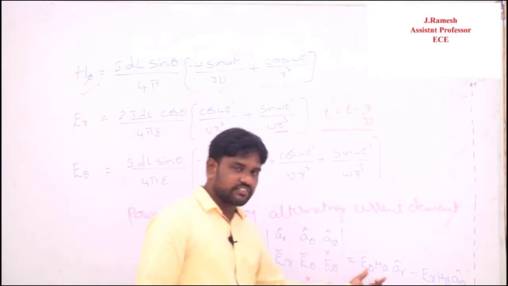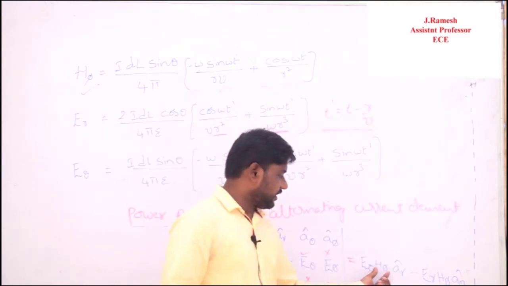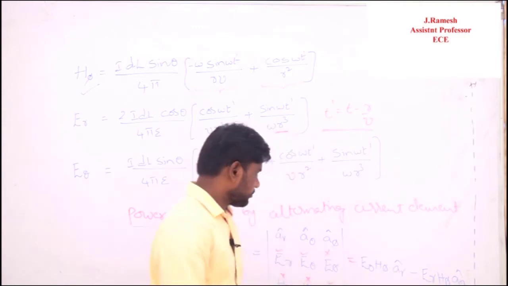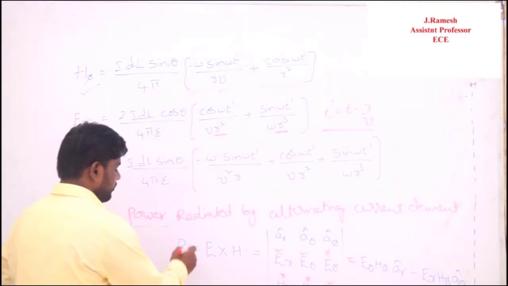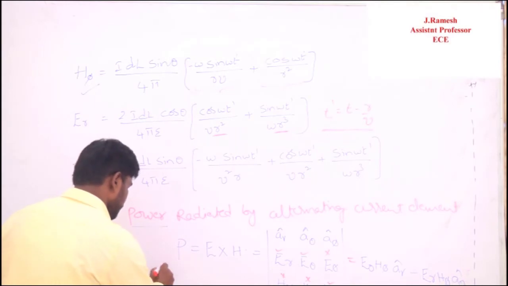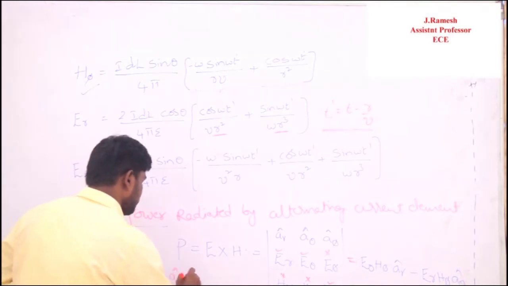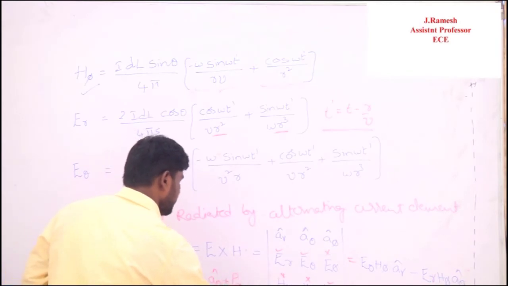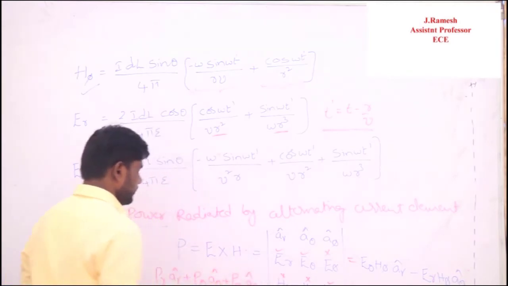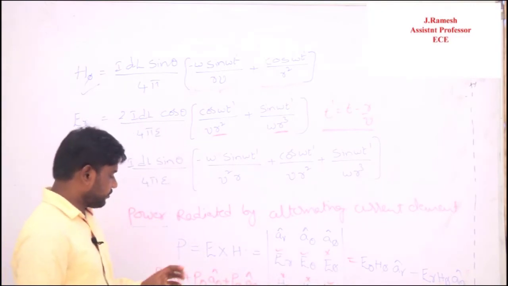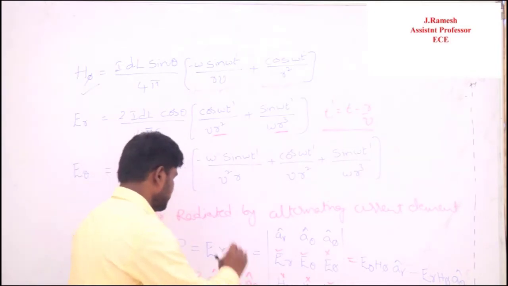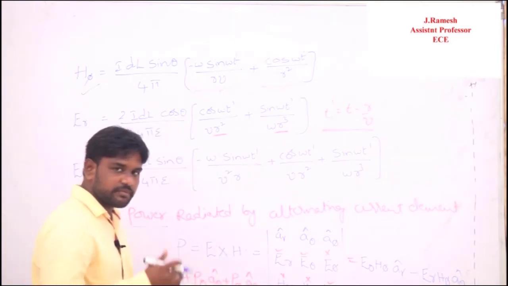So if you observe this one, here it is E theta H pi AR cap, ER H pi A theta cap. So from this I can also write my P as simply PR into AR cap plus P theta into A theta cap plus P pi into A pi cap. So just observe both sides, I will get only two terms. AR is present and the second one is A theta is present. So from this, what is my conclusion?